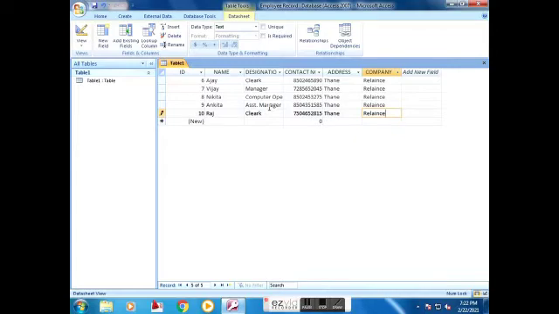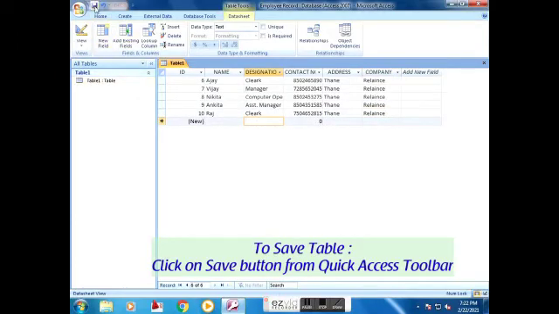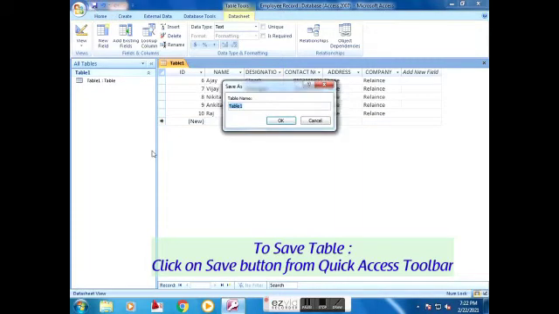To save a table, click on the Save button from the Quick Access toolbar and write the file name Employment Record.